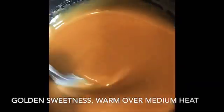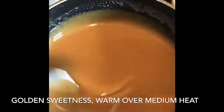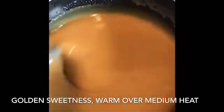See, it's coming together. The condensed sweet milk and the caramel. We're warming it on a